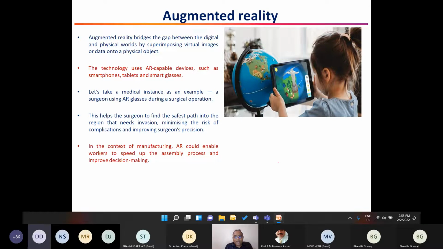So what augmented reality does is, it offers this information on smartphones, tablets, and there is something called smart glass. So the surgeons can just wear the smart glass, and then they can read the entire information that is there in the MRI scan, or for that matter the CT scan. And to an extent, in fact, the images that are generated can be superimposed on the human body, and with that superimposition the surgeons will be able to judge precisely the point of the damaged cell, and accordingly they can make an incision into that particular cell, and then they can get this treated. That is what the power of augmented reality is, right?